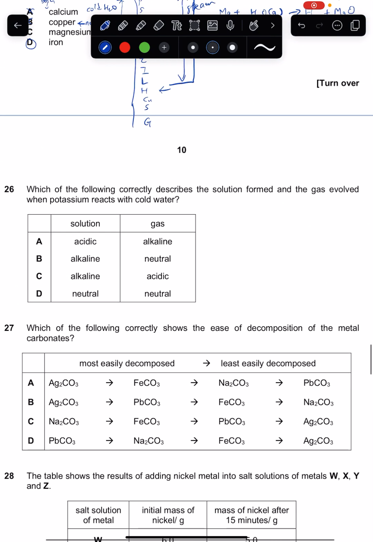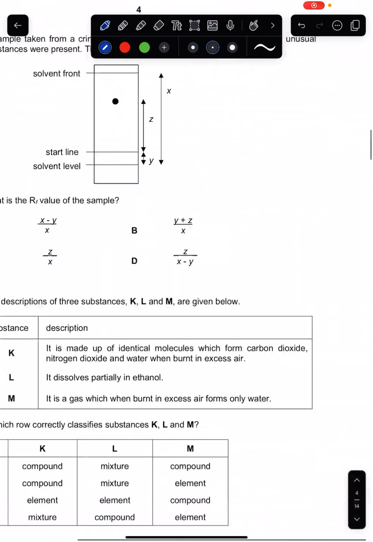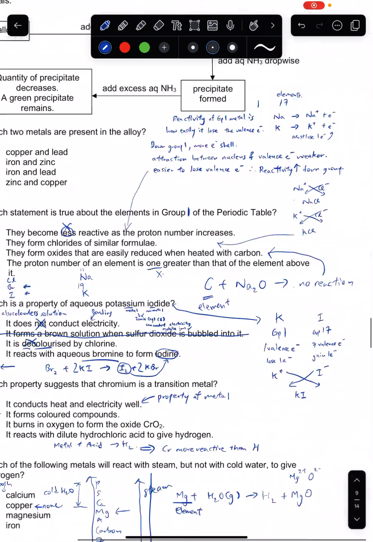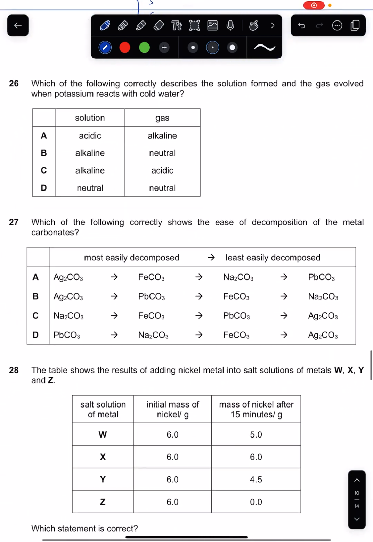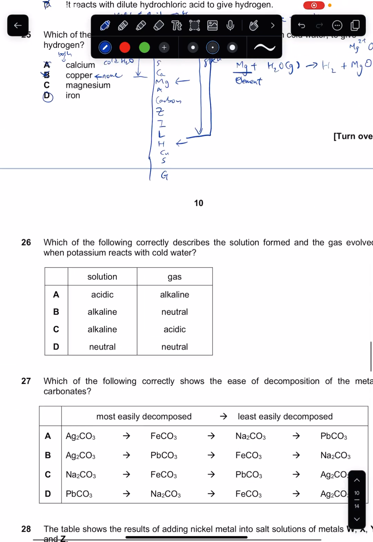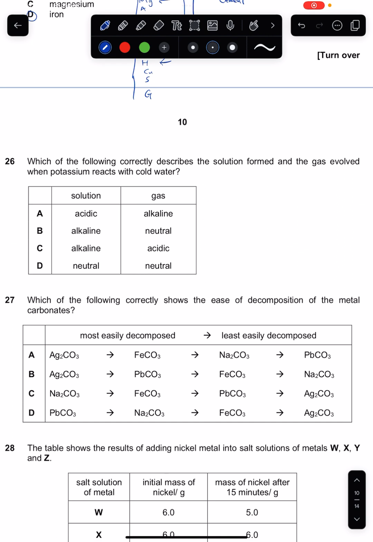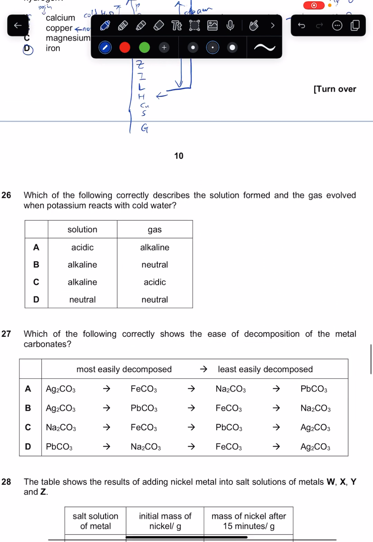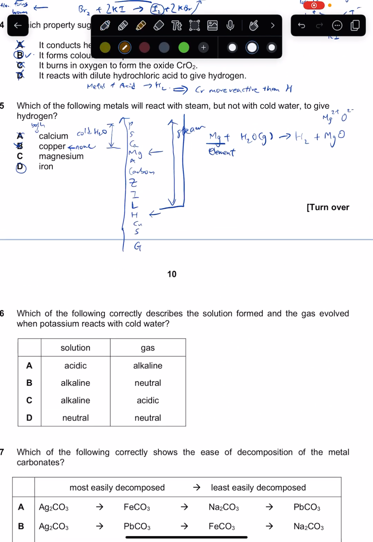Okay, let's take a look at question 26. Where's question 26? Okay, question 26. What's happening? See, potassium with cold water. This is very common, the three metals. Let me highlight for you. These three special metals: metal plus water, which is liquid, give me alkali, which is metal hydroxide,